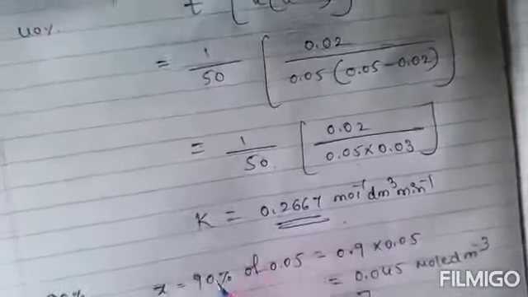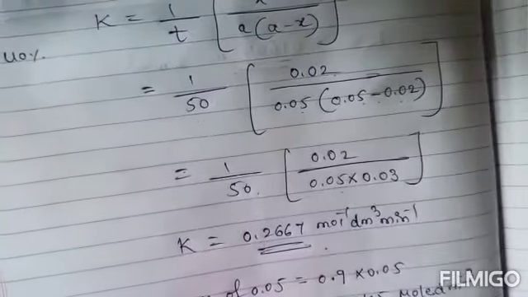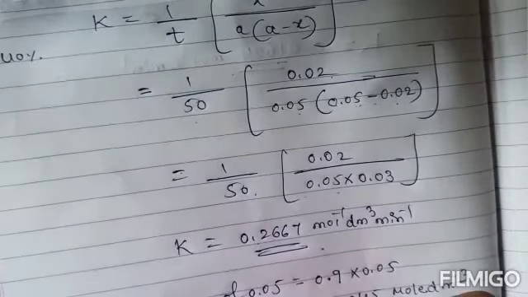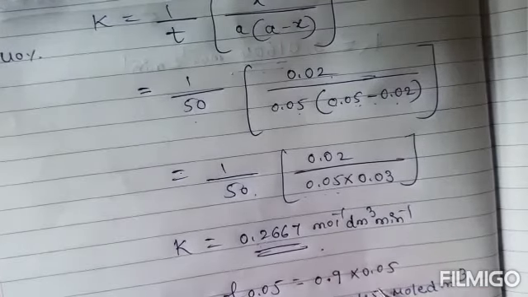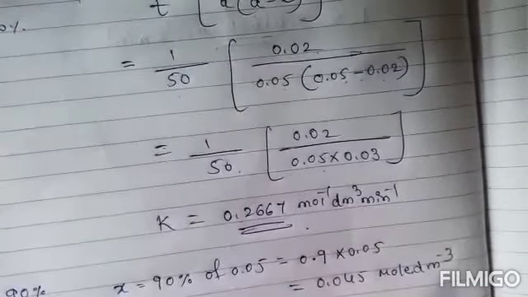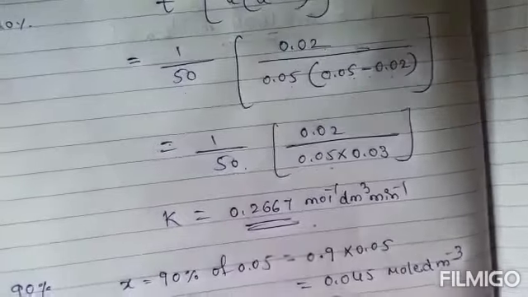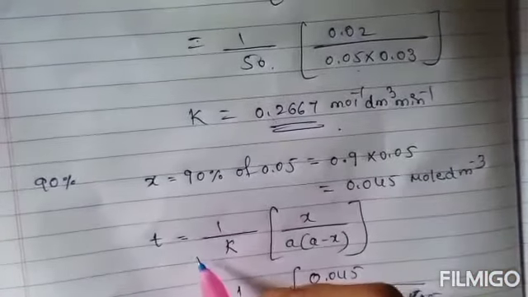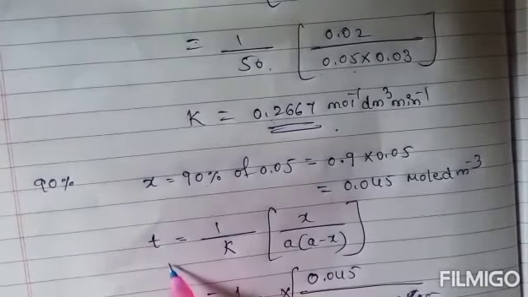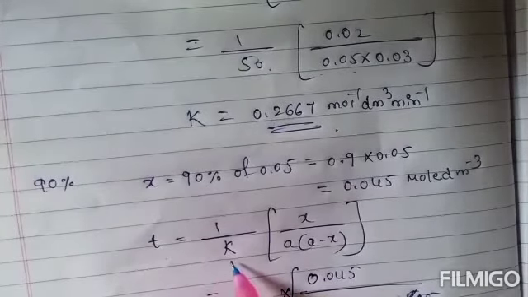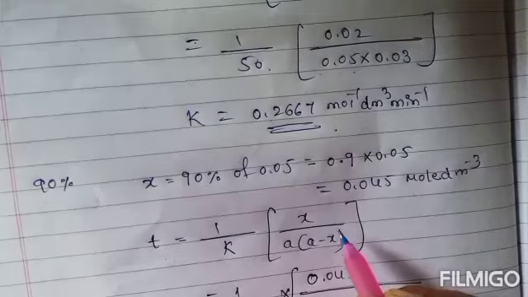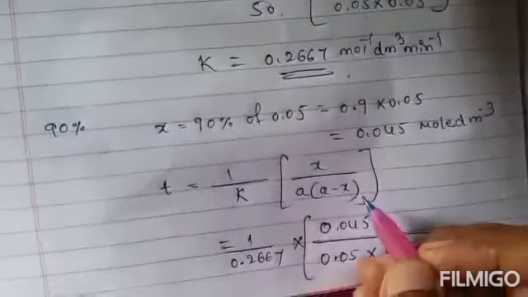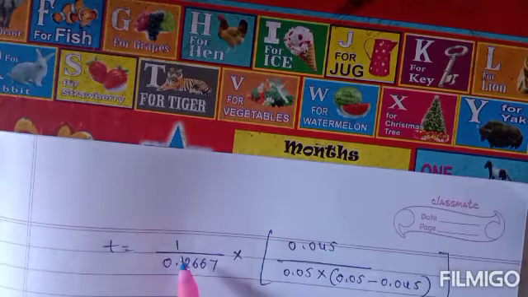So at 90% completion of this reaction, the X value is 90%. Multiplying with the concentration 0.05, 0.9 into 0.05 gives the answer 0.045 mole per dm cube. So in the rate constant equation, we will take the T outside. The equation becomes T is equal to 1 divided by K into X divided by A into A minus X. So put the values. Then T is equal to 1 divided by